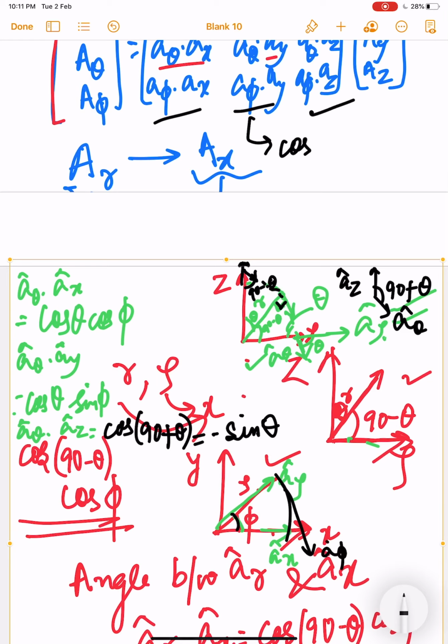So basically this is 90 degrees and this is my ax cap direction. So if this angle is 90 minus phi, so this is also the same, 90 minus phi. So this one will be cos of 90 minus phi, and then my next thing is ay, which I can say ay over here. This is a phi over here, and this angle I have to take out.